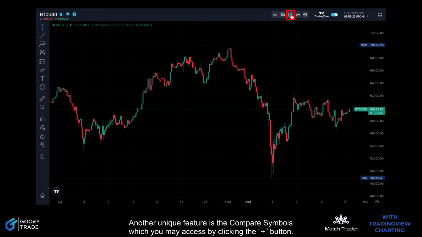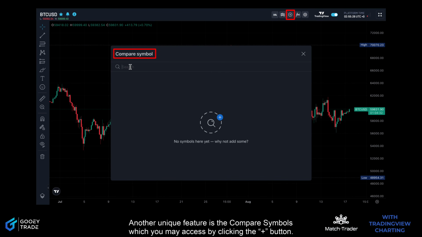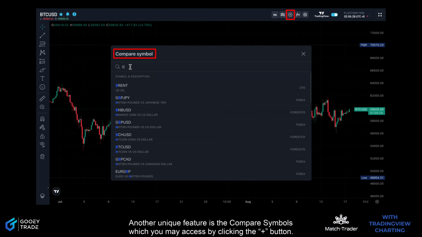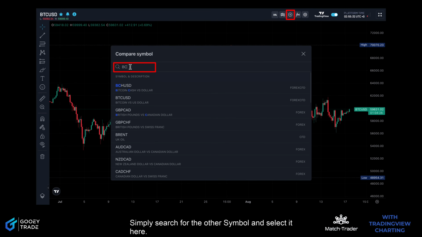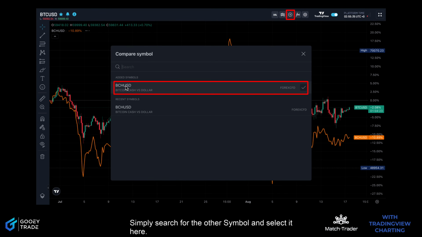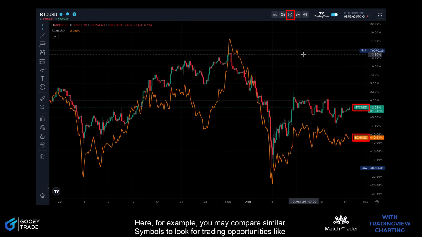Another unique feature is the Compare Symbols, which you may access by clicking the plus button. Simply search for the other symbol and select it here. Here, for example, you may compare similar symbols to look for trading opportunities like Bitcoin versus Bitcoin Cash,